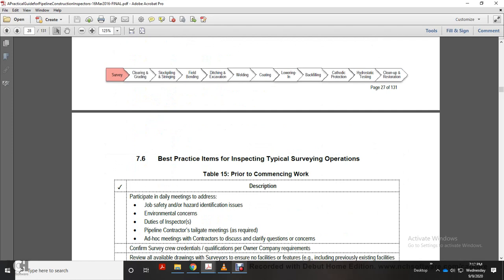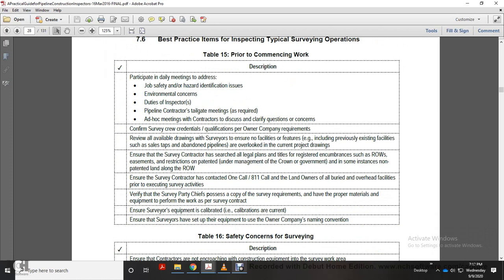Alright, Table 15, commencing work. Participate in the daily meeting addressing the job safety hazards and identification of the environmental concerns. Duty of the inspector: the pipeline contractor's tailgate meeting is required. An ad hoc meeting of the contractor to discover and to clarify the concerns of the conform survey to credentials,